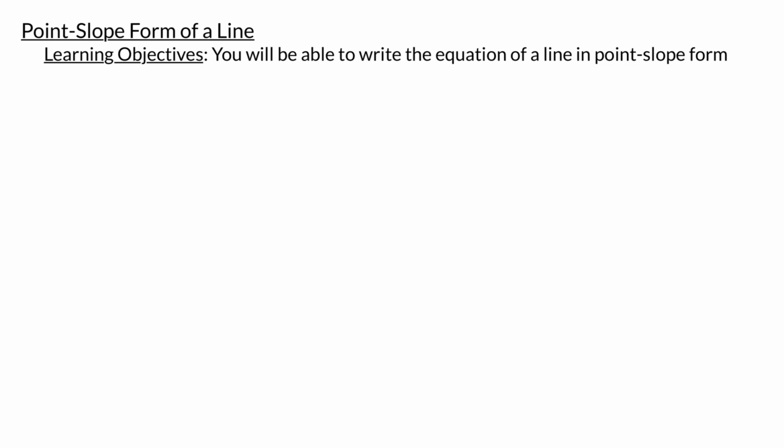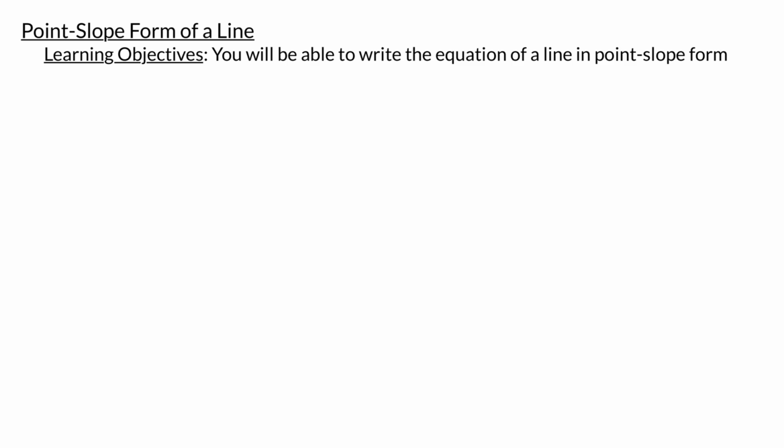In our past few videos, we learned about some basics of lines. Now we want to be able to come up with equations for lines that satisfy certain conditions. In this video, we'll be talking about the point-slope form of a line, which is one of the easiest ways to write down the equation of a line. As long as we know a point on the line and the slope of the line, we'll be able to